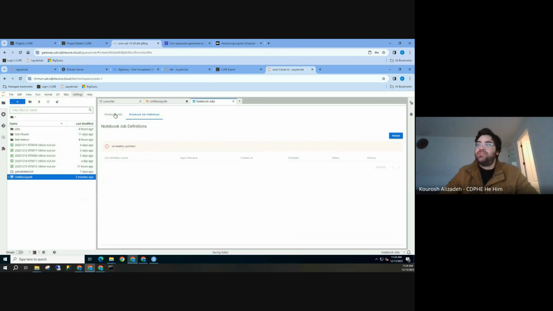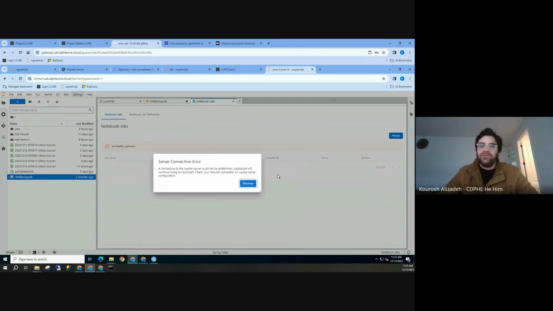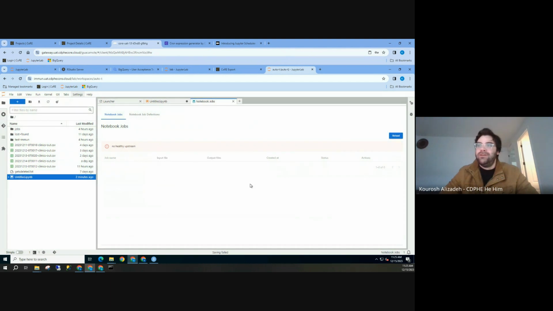And then on notebook jobs, you can see the history of what ran when. So every day, if it's running, it'll create a new row here, with the input file being the notebook, and the output file being whatever the notebook created, and whether it completed or not. Again, completion is more a matter of did the job kick off and finish the notebook, rather than did the job actually do what you wanted it to do. So what we would recommend, at least for now, is you can write into your code error message emails, that kind of thing. And if you like, we can talk about providing an inbox that could help you manage those messages.